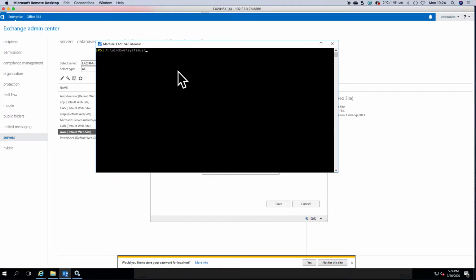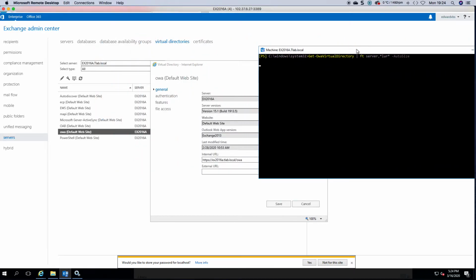So if you open PowerShell and you type in Get-OabVirtualDirectory | Format-List server, just to show you the same thing, I'm using PowerShell to get the OA virtual directory, and I'm only looking for the server and obviously the URLs, right? As you can see here, server A internal URL